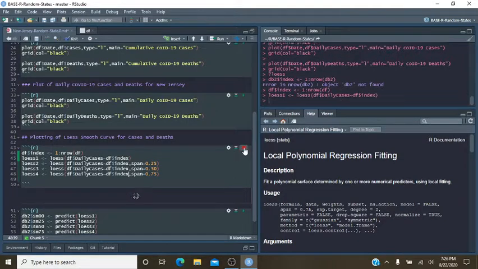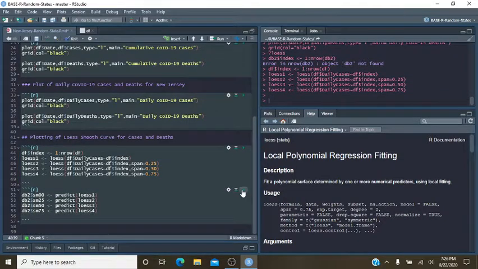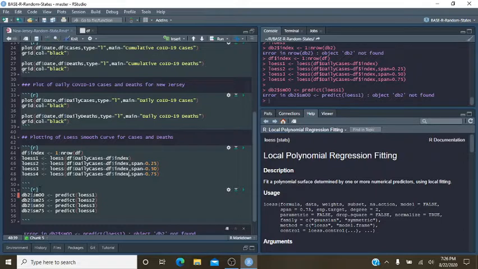Let's see what happens. Excellent. That's not a prediction. No, of course not. It's got to be df. So what we actually plot is this value right here. This is the new variable tacked onto the end of the data frame.